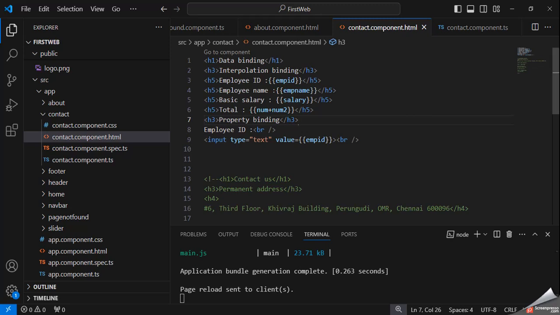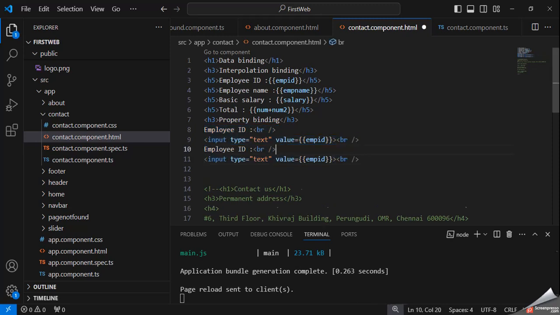But suppose we want to perform property binding. The same thing we can perform through property binding.